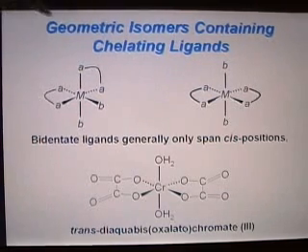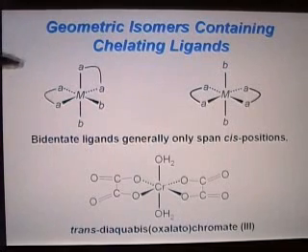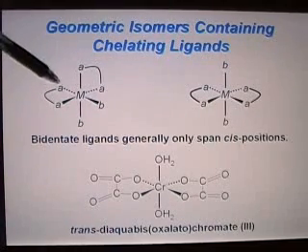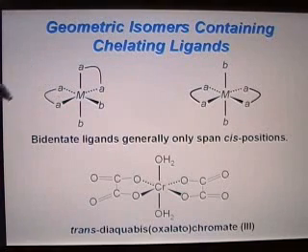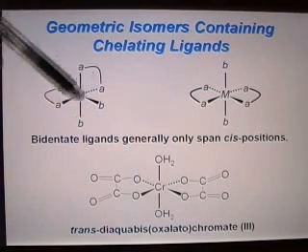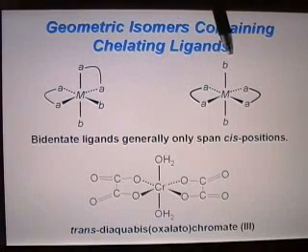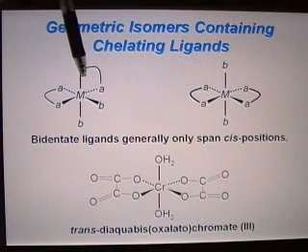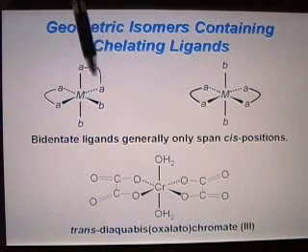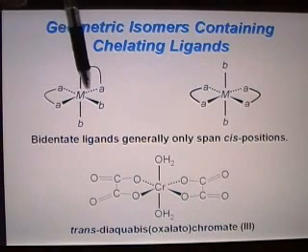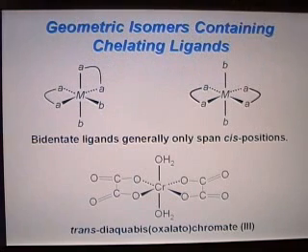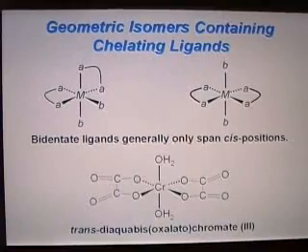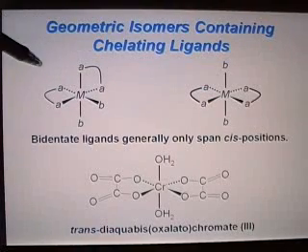I want you to notice that a chelating agent, or a bidentate ligand in this case, like ethylene diamine, can only bond in cis positions. So the two nitrogens, if the A's represented nitrogens, can only bond cis to one another in this compound. Notice that you can have it so that the two chelating agents are not trans to one another, they're actually cis, or you could have where they're trans to one another. Remember that the bidentate ligands generally only span cis positions. They can't reach around the compound